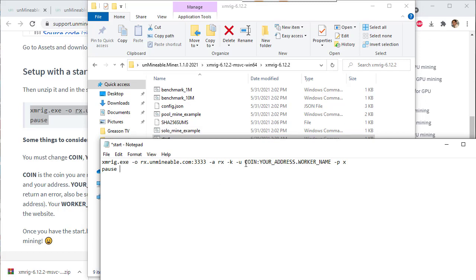So now, guys, this coin, you have to change it to SHIB, and then this wallet underscore address, until here, you need to paste your SHIB wallet address. So I will paste mine.